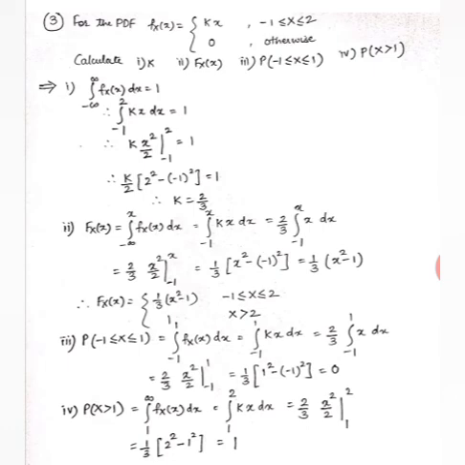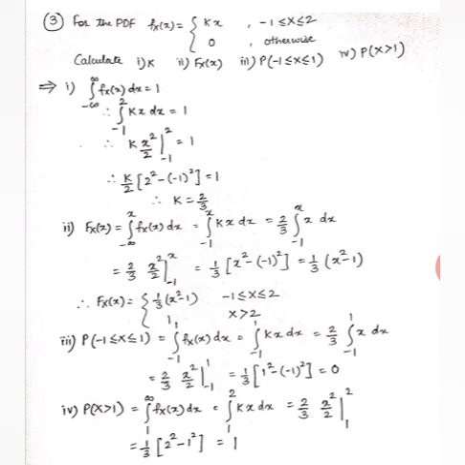The integral of x is x square by 2, substitute the limits -1 to x. The 2 in the numerator and denominator get cancelled, so the constant would be 1 by 3, we take it out. So 1 by 3 into the upper limit substituted, x square, minus the lower limit substituted, (-1) the whole square. So we get 1 by 3 into (x square minus 1). So the CDF, between the range -1 to 2, is 1 by 3 (x square minus 1), and as we reach x greater than or equal to 2, the value is equal to 1.